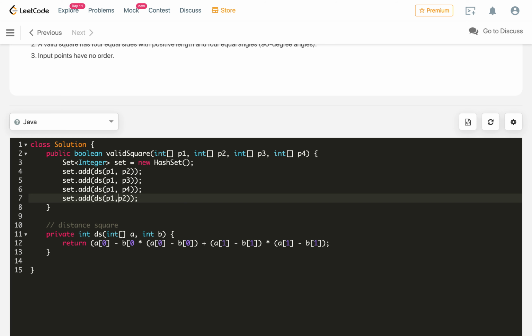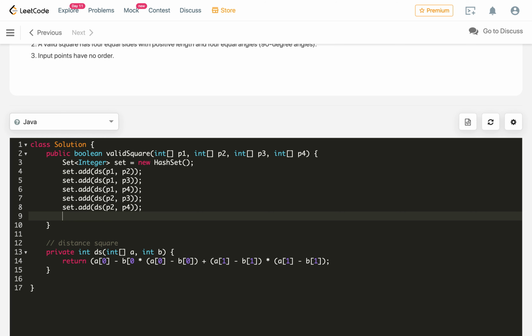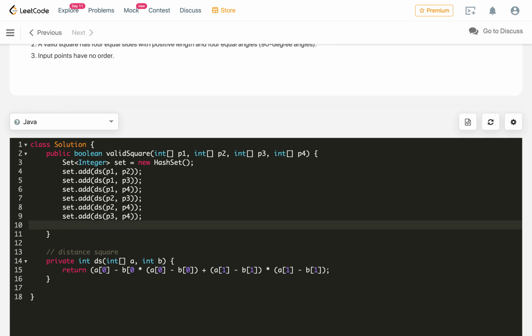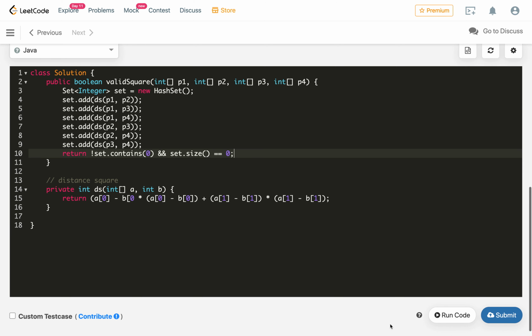After that we will add P2 and P3, then P2 and P4, and the last is P3 and P4. So these are the 4 sides and 2 diagonals we calculated and added to the set. Now we will just check and return true if the set does not contain 0 and set dot size is 2, which means it is a square, otherwise it will return false.